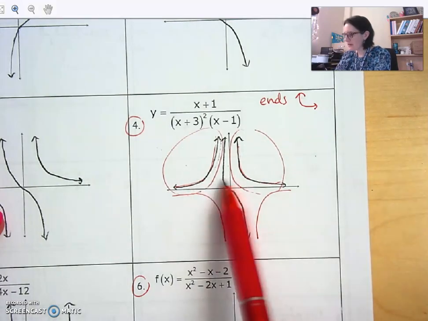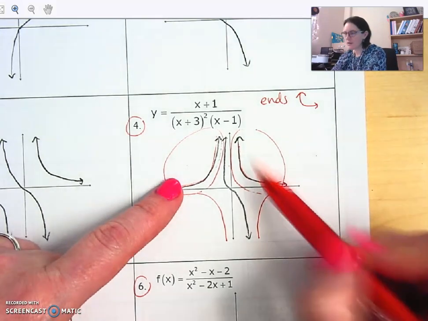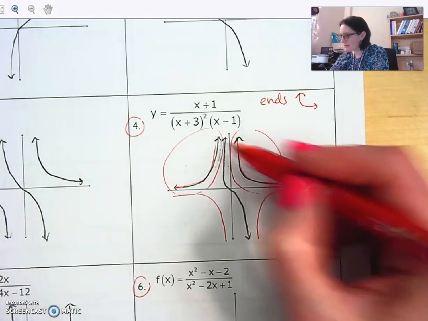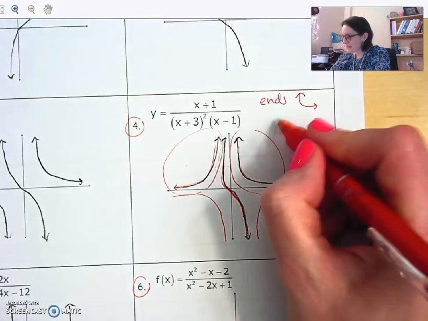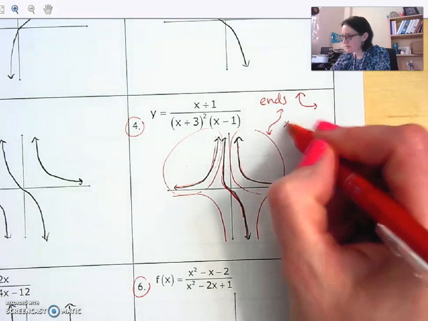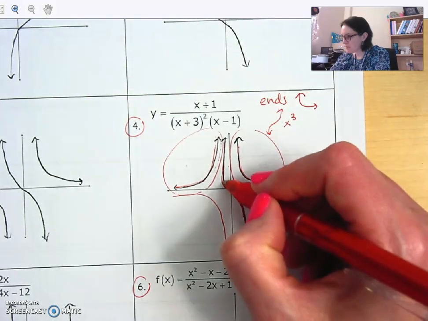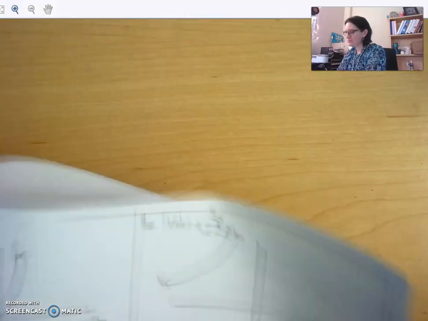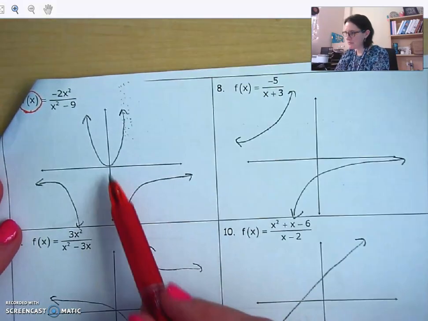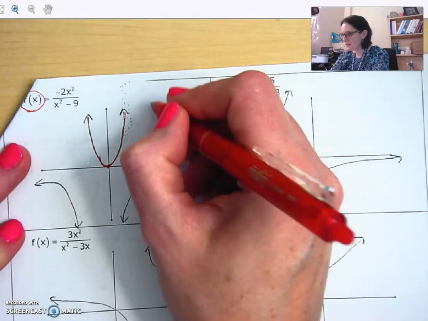And then this graph right here has 3 pieces. So when you have 3 pieces, the ends are going to be curved L shapes. The middle piece is either going to look like this sort of snake piece. It looks like x cubed that's been reflected. So the middle pieces will look either like x cubed if it passes through its x-intercept, or if you look at this problem, if that middle piece bounces off of its root, is tangent at its root, then it will look like x